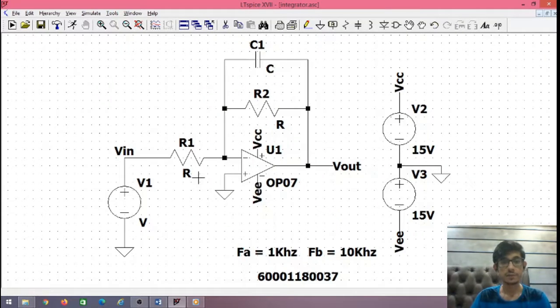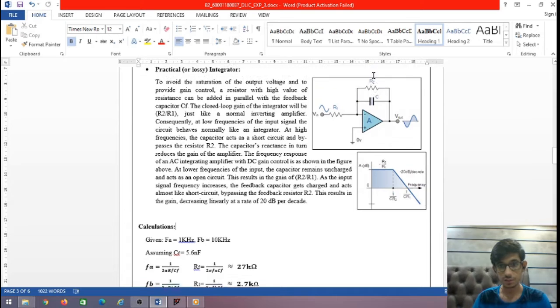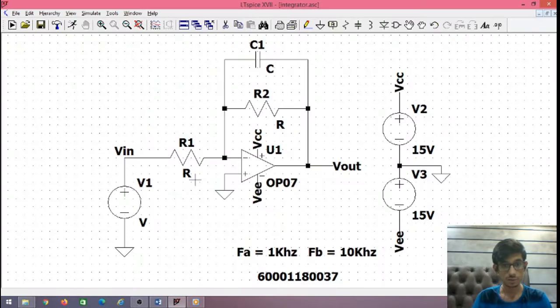Now let's find the values of the resistors and the capacitor. For that we have been given the FA and FB values, which are 1 kilohertz and 10 kilohertz. And we'll assume the value of the capacitor as 5.6 nanofarad. Using this formula we can find the RF value, which is this resistor, which will be 27 kilo ohms if we calculate, and similarly for R1 it is 2.7 kilo ohms.